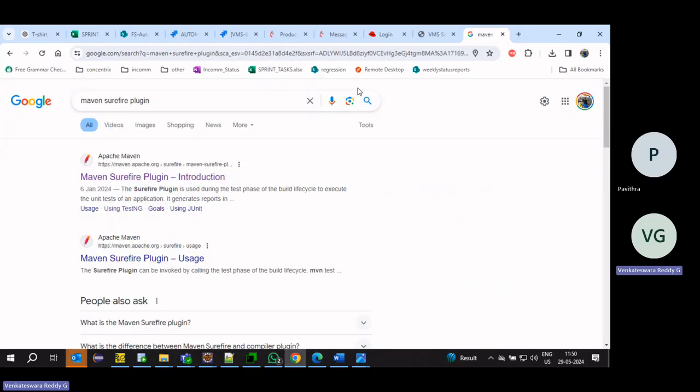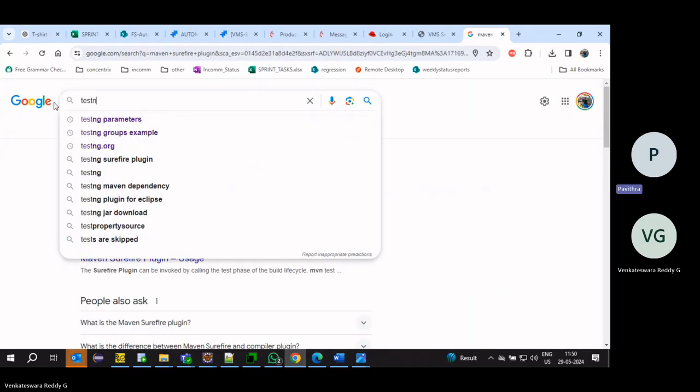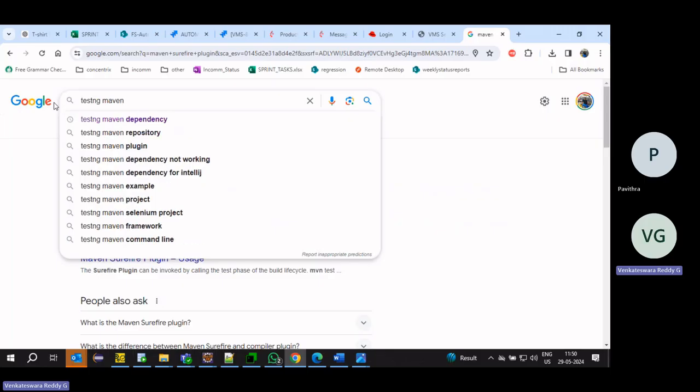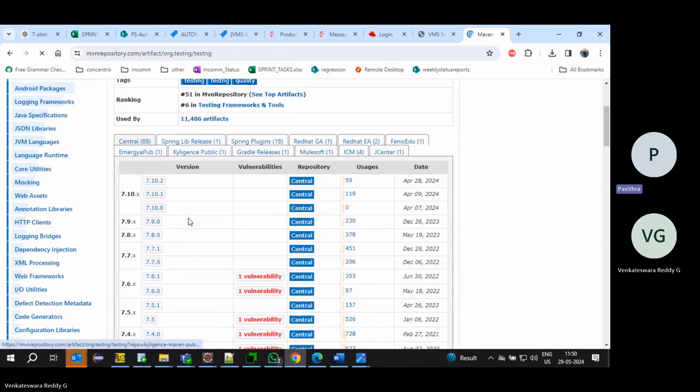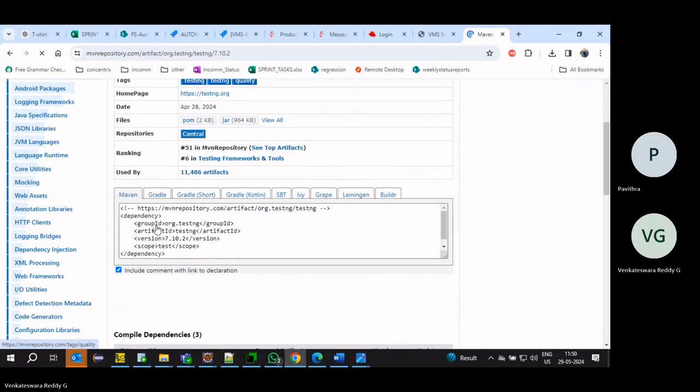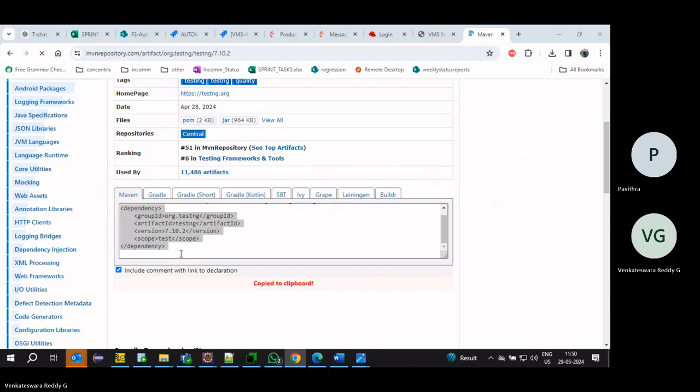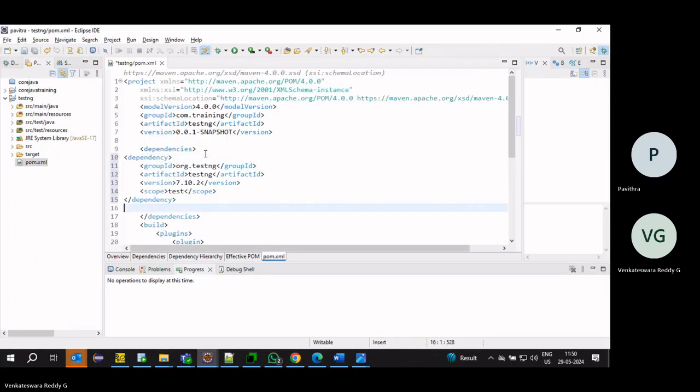Then one more: I am working with TestNG, so I have to add a TestNG dependency. We can take the latest one. Under dependencies, we have to add the dependency.